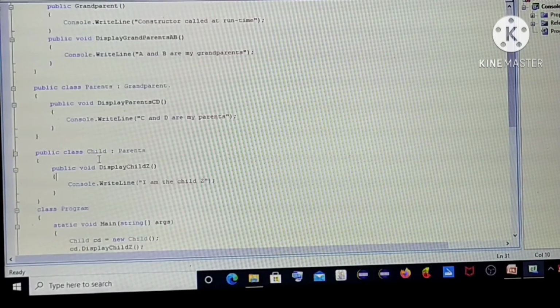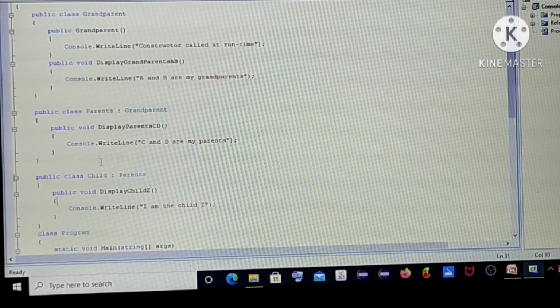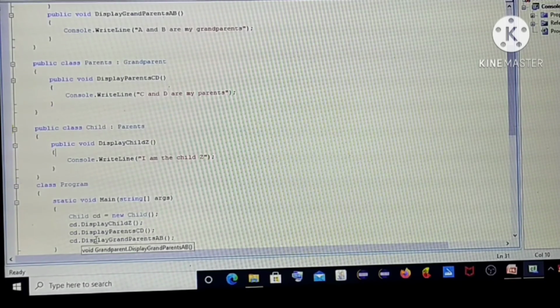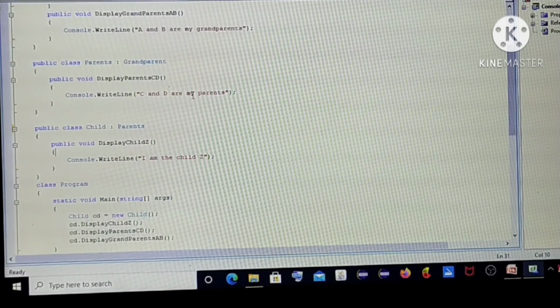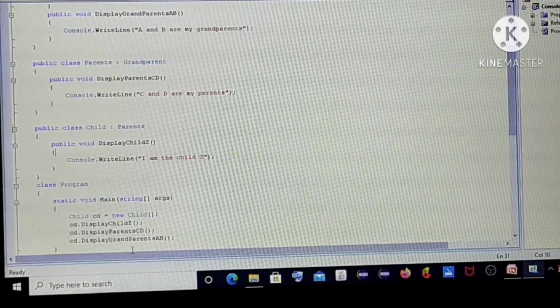Called CD here. CD dot display child Z. Display child Z is the method in the child class, and then there is a call to display parents CD, which is in the parent class, and display grandparents AB.